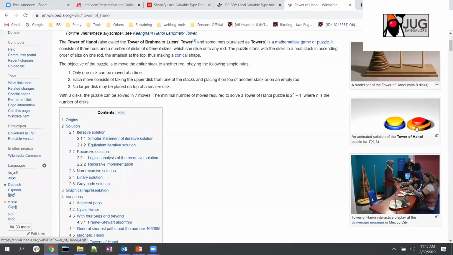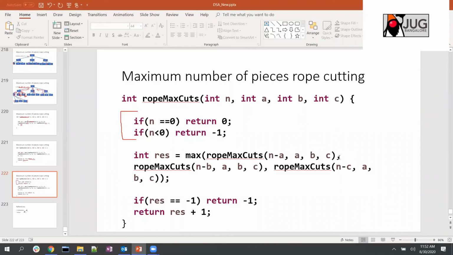The given set of plates. What you need to do is place them in such a way that the plate which is bigger has to be the one down, and the plate on top is the smaller one, something like that. And then you can see that it is being called recursively. Though the problem looks very difficult, you can solve it in just 2-3 lines of code, provided that you have a very nice base condition. That way also it can be done, right?